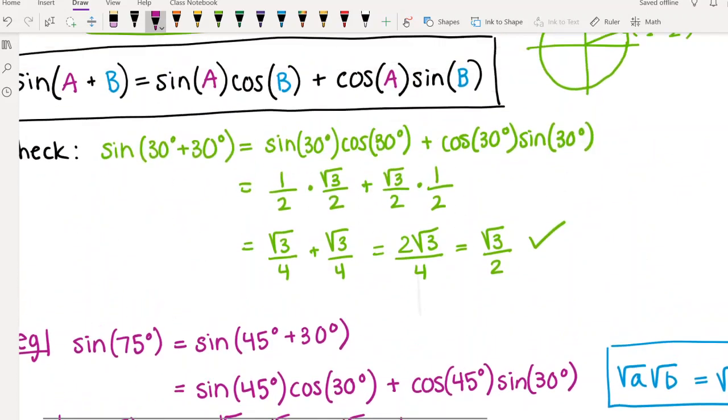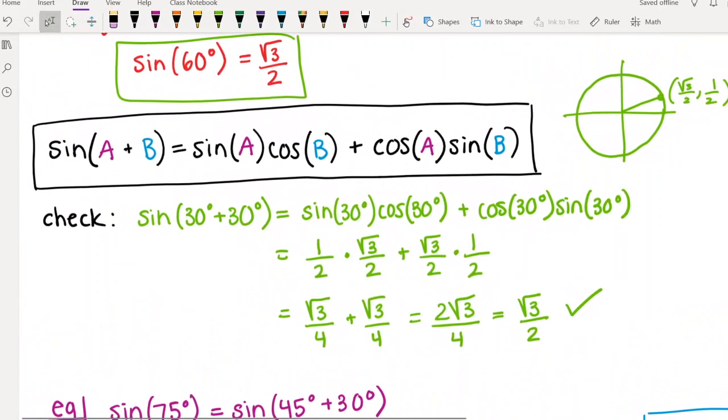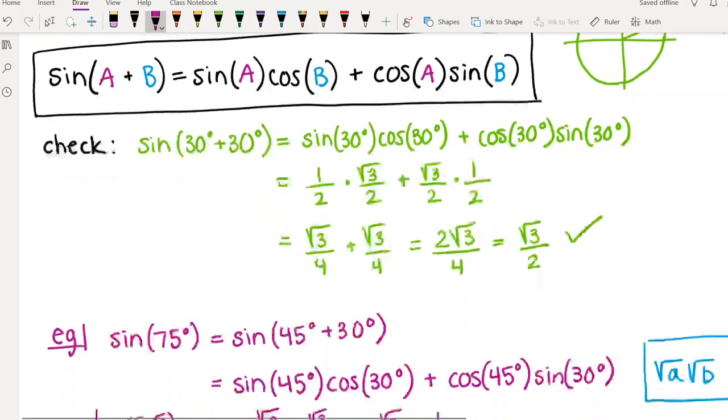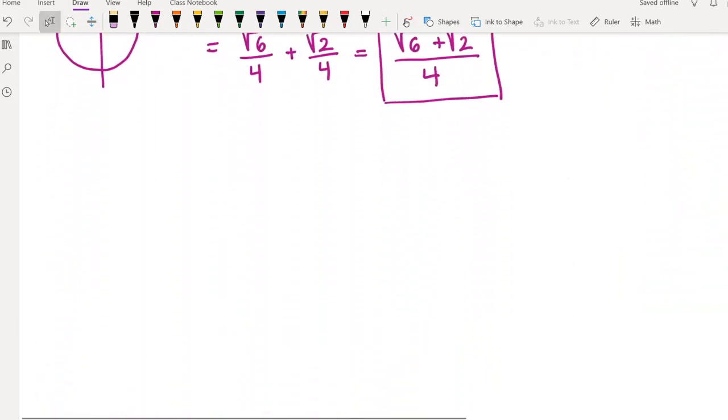Okay, so we now know the formula for sine. There's also an angle addition formula for cosine, and unfortunately it's different. So for sine of two angles being added up, you kind of blend doing sine of one times cosine of the other. The cosine formula is kind of the opposite of that. So the cosine formula says that cosine of two angles A and B being added up